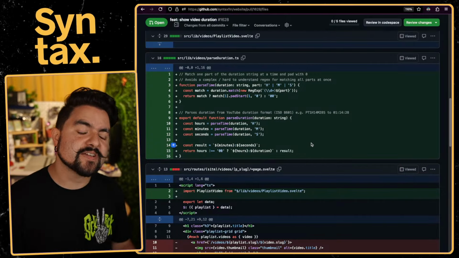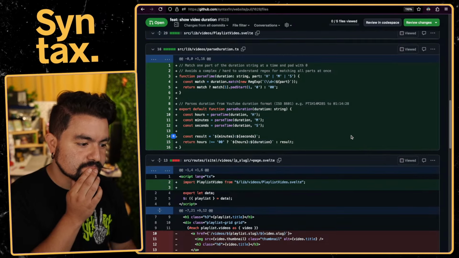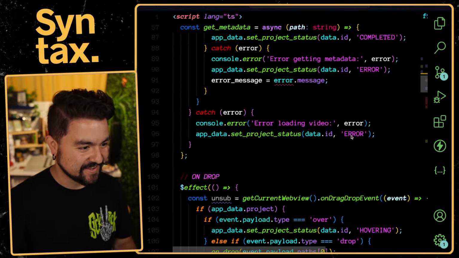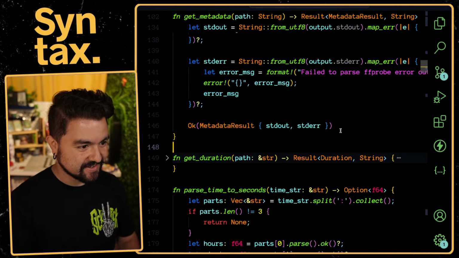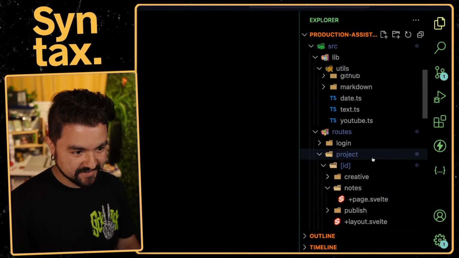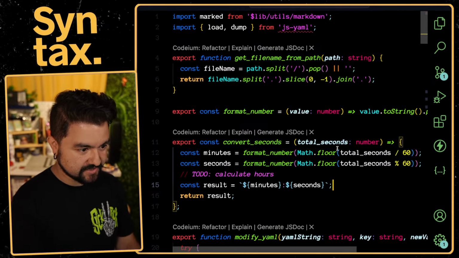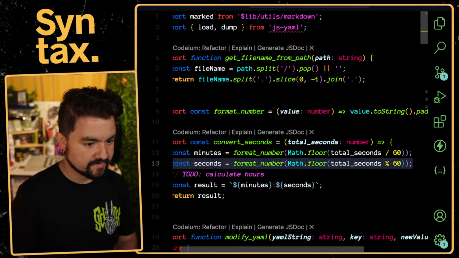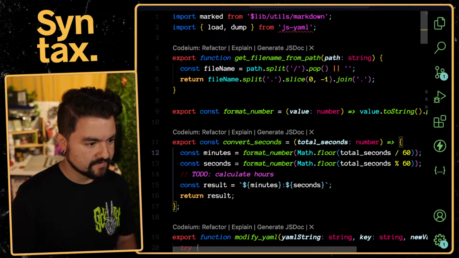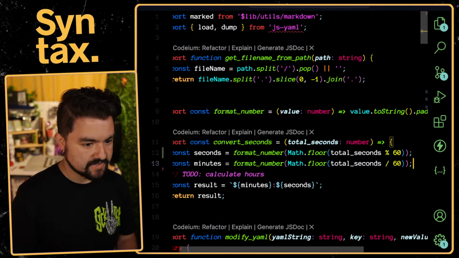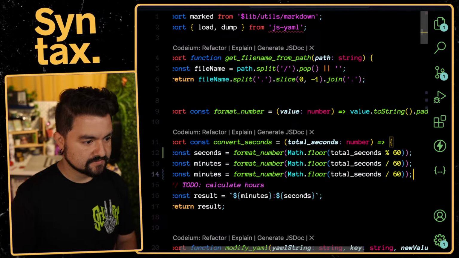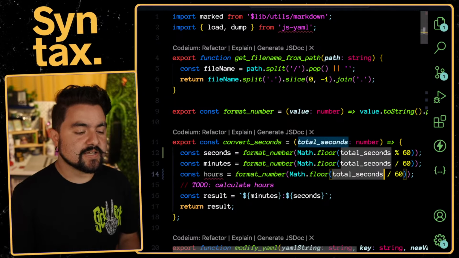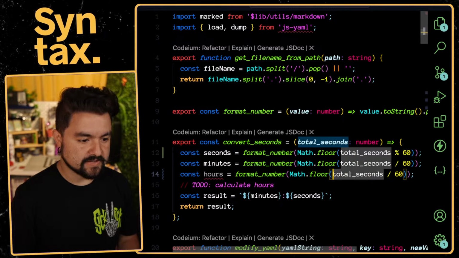Oh no, this is converting like a timestamp string. I think I did a code challenge last time we were live, where I had to do this. I might have to go look at that code. But essentially, we need to add hours here. We have seconds, minutes, and then hours. Which is total seconds